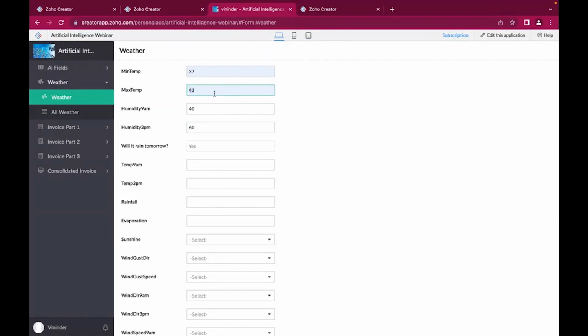Let me change the maximum temperature with a decreased one, some more less than this. So based upon the parameters which we give here, the will it rain field will be changing, based upon the historical data. So this is how you will be training a custom model, and you will be using it inside Zoho Creator